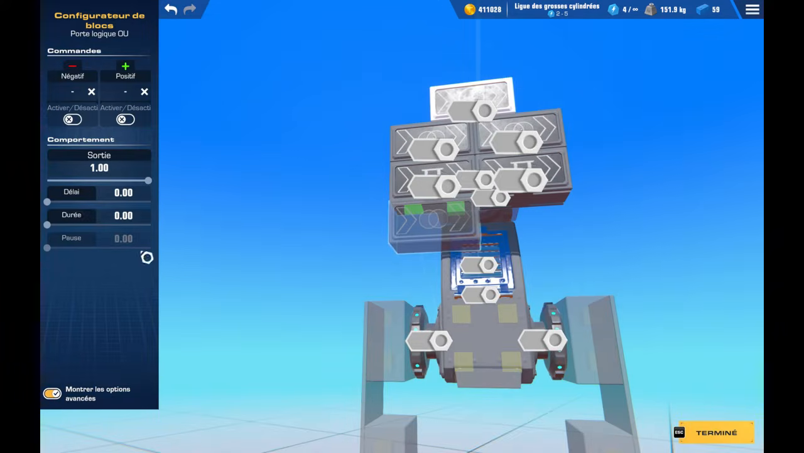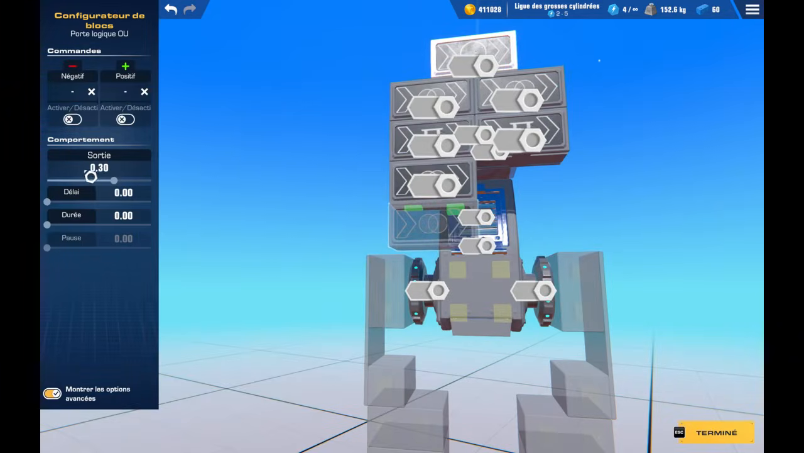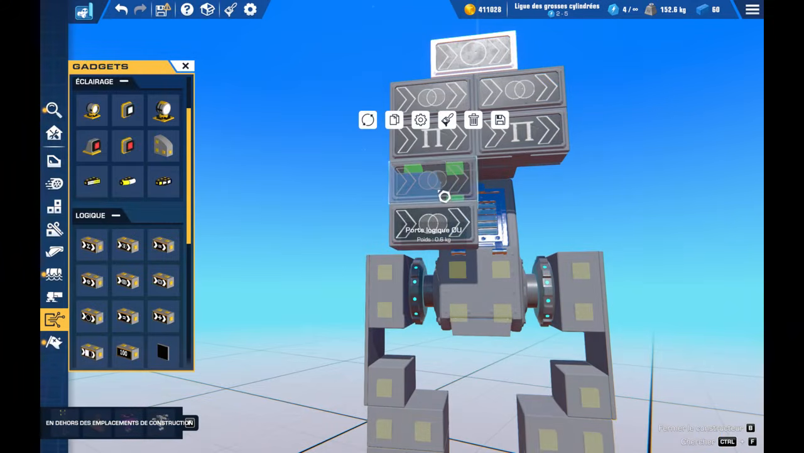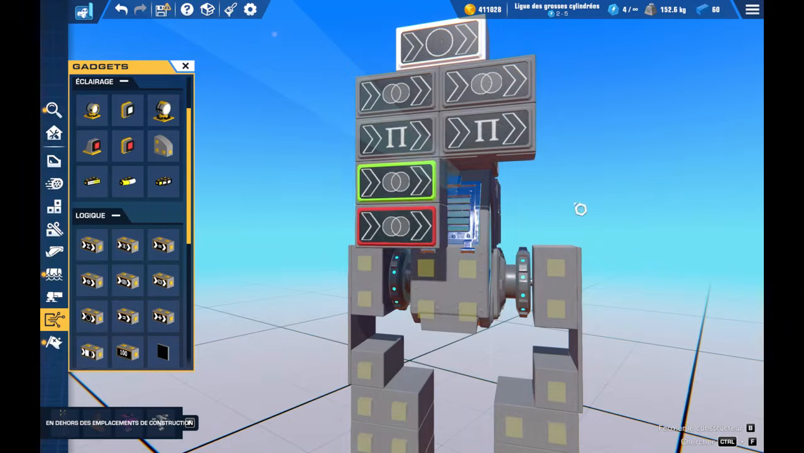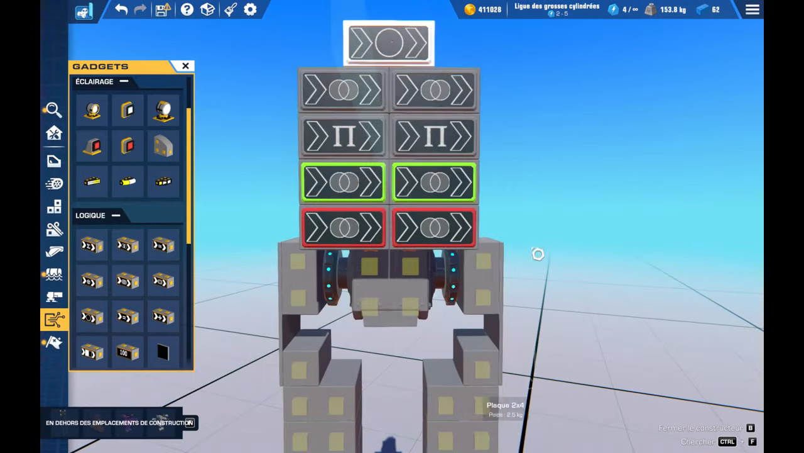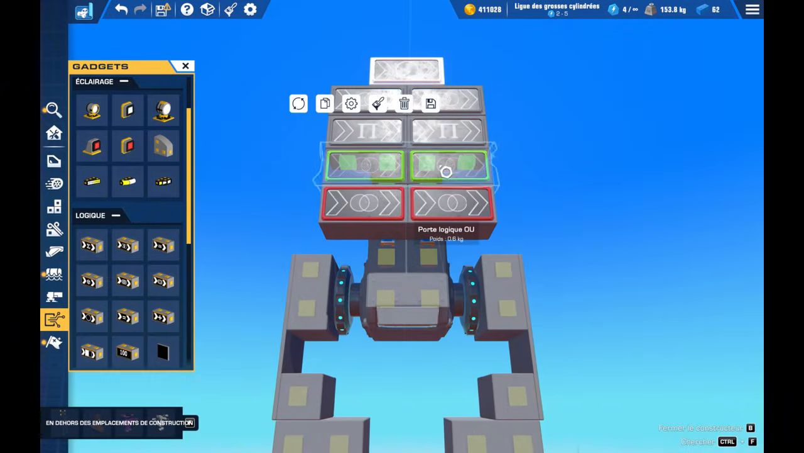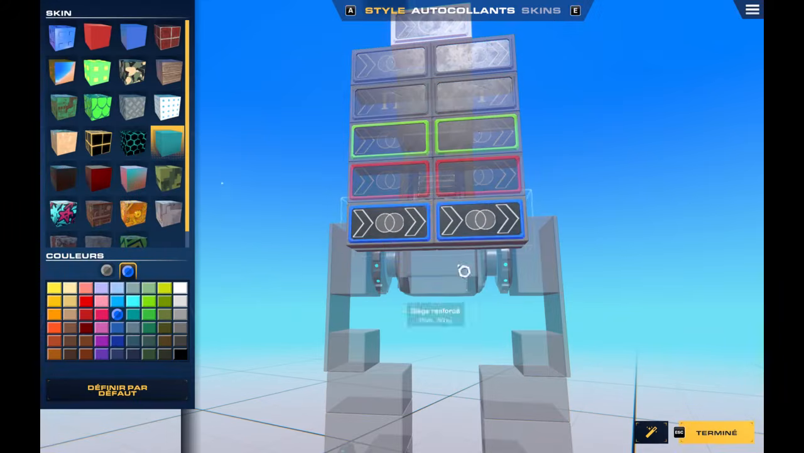So 0.3, duplicate, minus 0.3. So positive, negative, duplicate. And for the knees, so the blue is gonna be the knees,